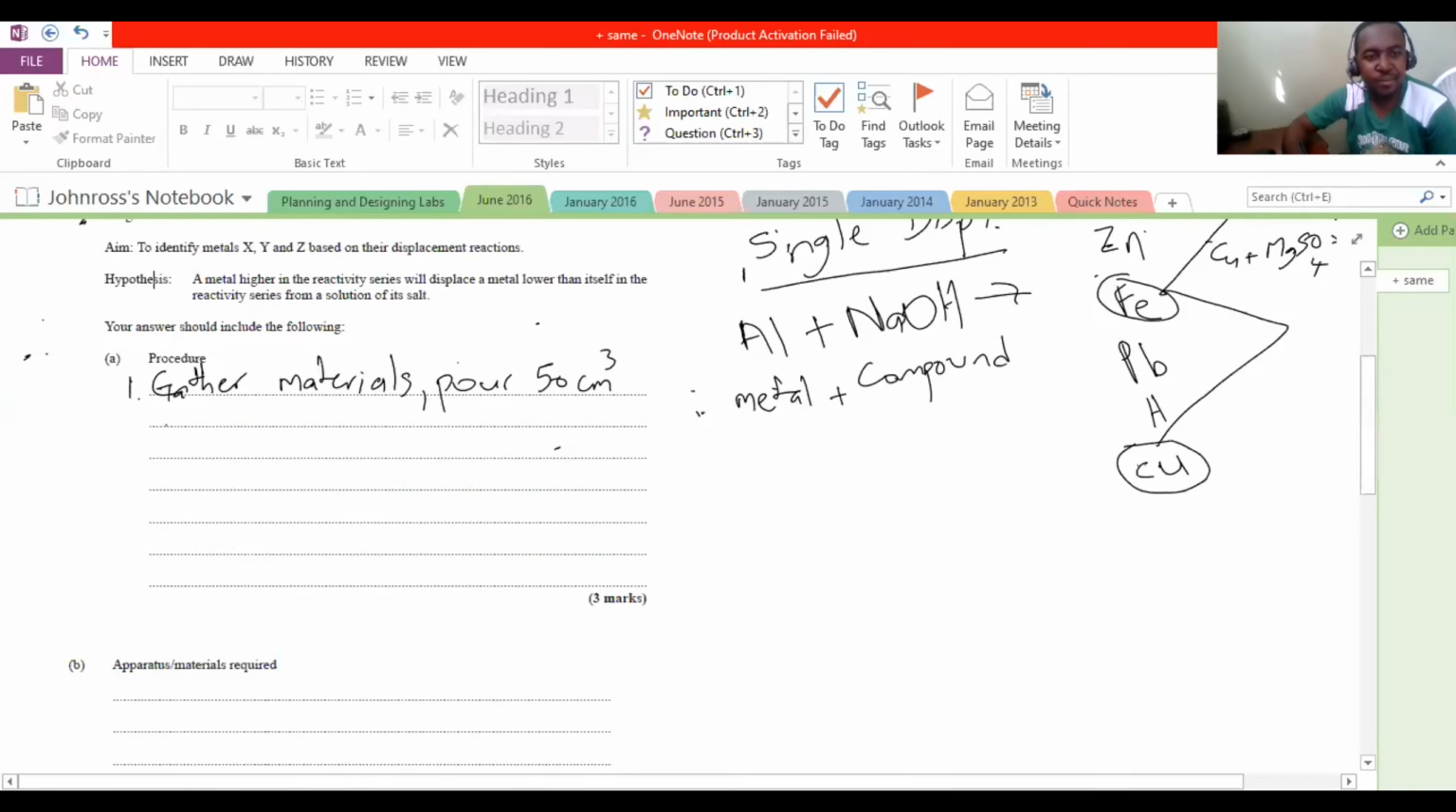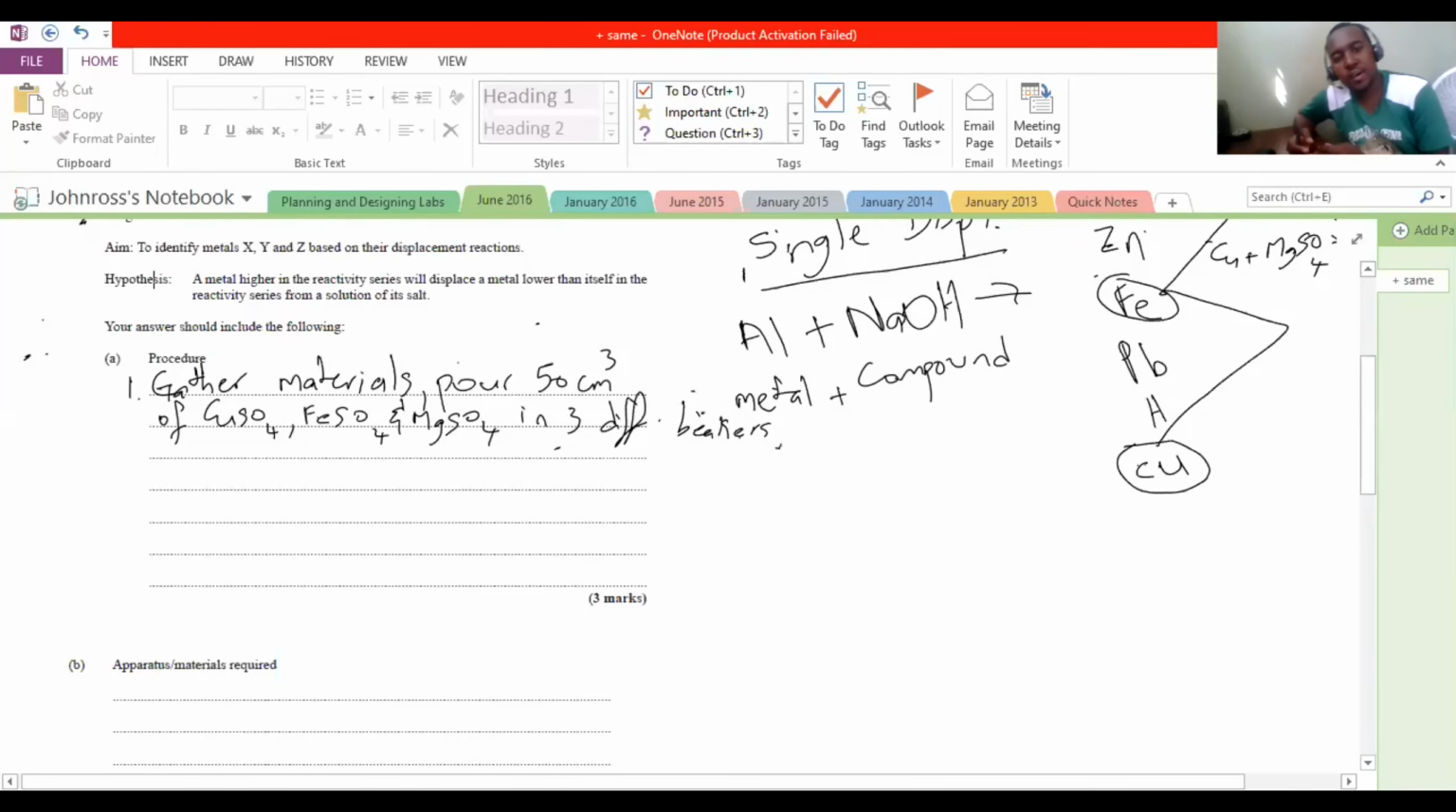So 50 cm cube of, I'm going to go with copper sulfate, iron sulfate, and magnesium sulfate in 3 different beakers. That's our first step. So we gather the materials, we pour this amount of copper 2 sulfate, iron, and magnesium sulfate in 3 different